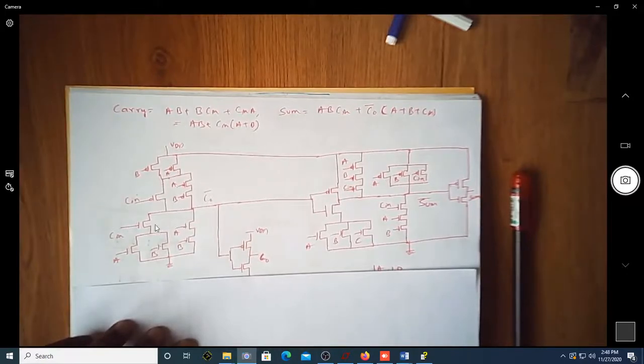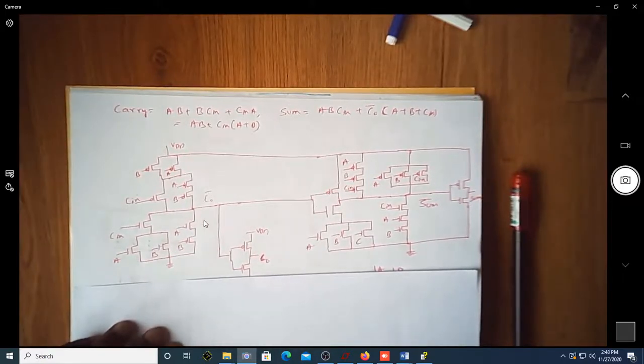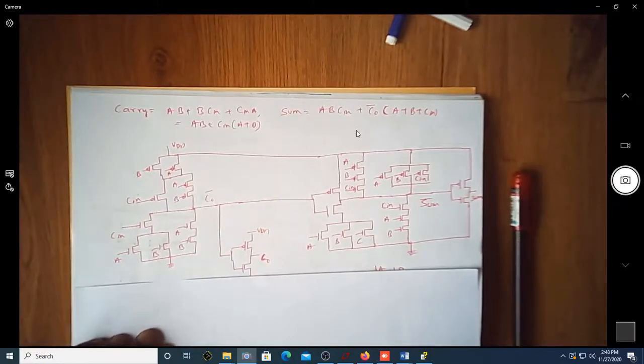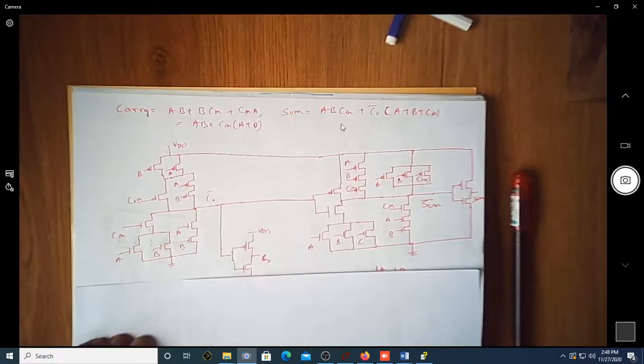The same CMOS implementation of this is written over here, as we saw in the previous video, also in the textbook. Now this is handwritten. Can you see that whatever output you get using CMOS implementation is an inverting output? So here it is C0 bar. You pass it through an inverter so that you get C0. Of course, the same C0 bar is used as one of the inputs for this particular sum expression. So sum is given by C0 bar into a plus b plus c in, which is over here, and its